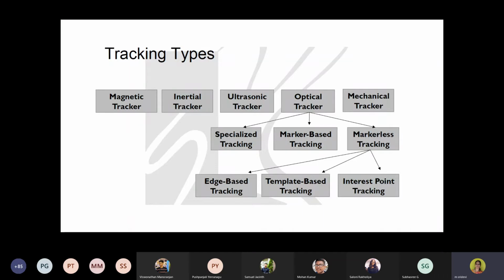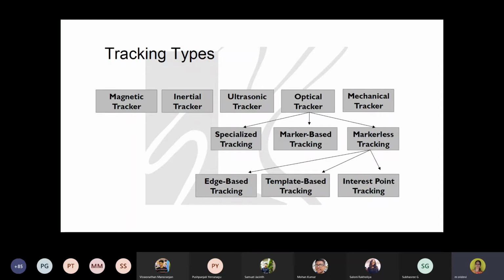And the last method is mechanical tracking. The specialized tracking is a normal optical system that uses specialized tracking. And coming to the mechanical tracker, the mechanical tracker uses a mechanical arm with joint sensors. So based on that sensor value, it will try to provide the values.